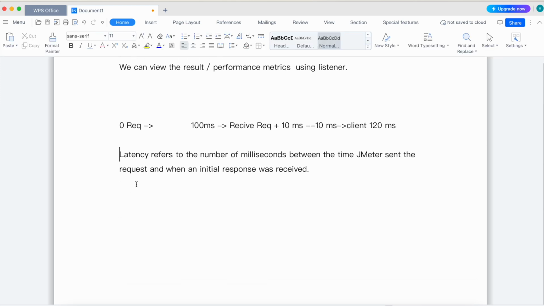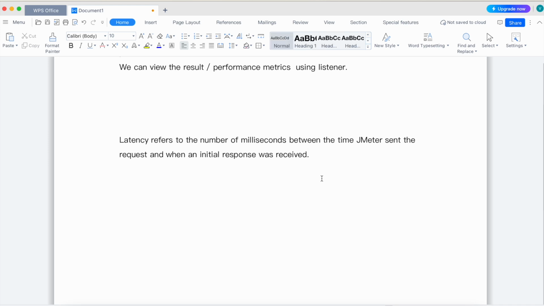Latency refers to the number of milliseconds between the time JMeter sent the request and when the initial response was received. Not the complete response, but the initial response is received. That is called latency. Time to send the request is 100 milliseconds,